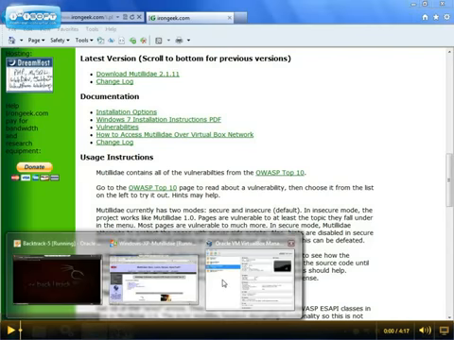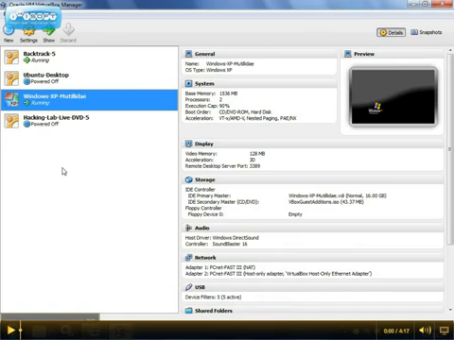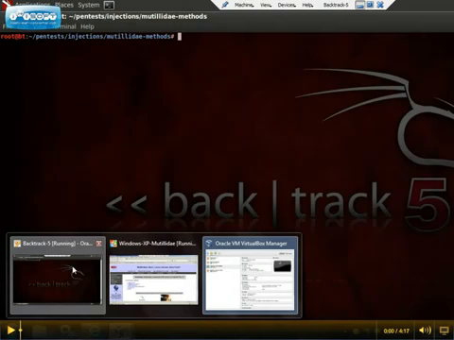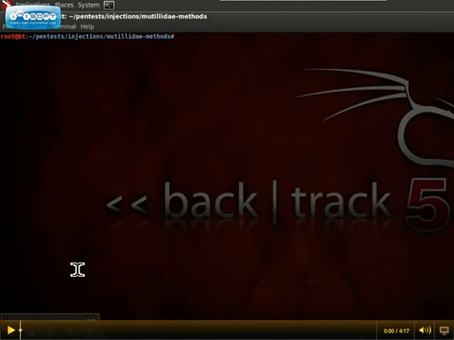Our lab is going to be a VirtualBox network with Windows XP acting as our web server, Mutillidae is installed, and BackTrack 5 running as well. We're going to switch over to the BackTrack 5 machine, and first thing we need to do is figure out where the Mutillidae machine is on the network. We're going to use Nmap to figure that out,